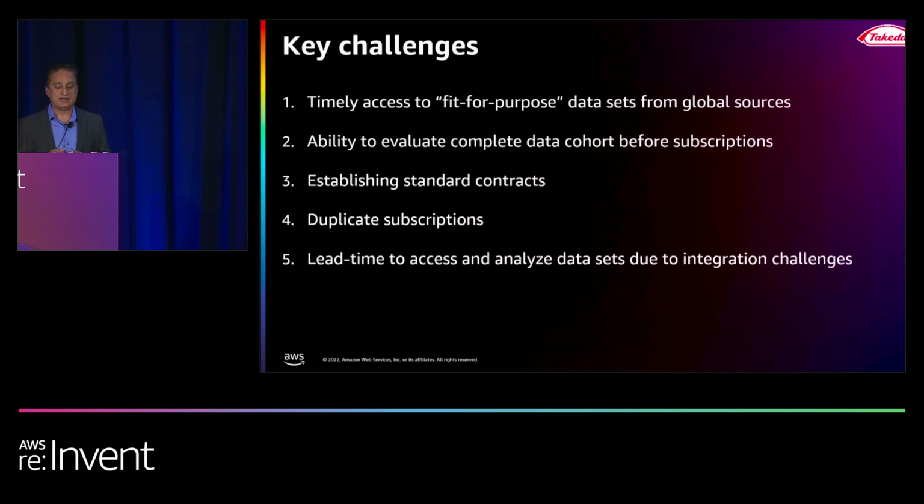Once you're done with that, and let's say you're at last ready to contract, it's a very huge contract, time-intensive process you have to go through. And then you have to work with procurement to set up the billing processes. And then